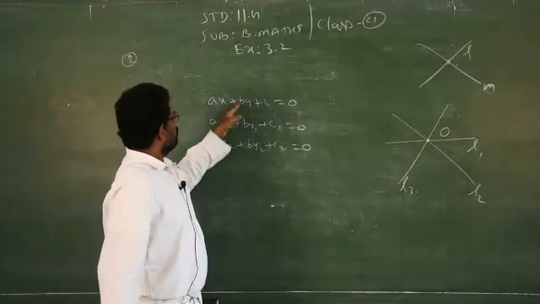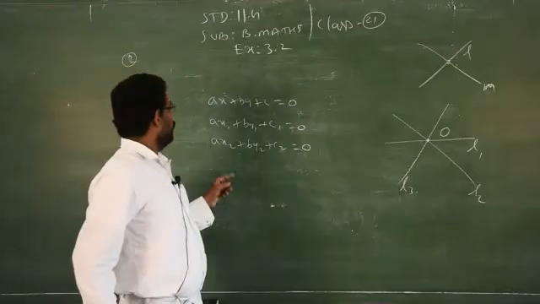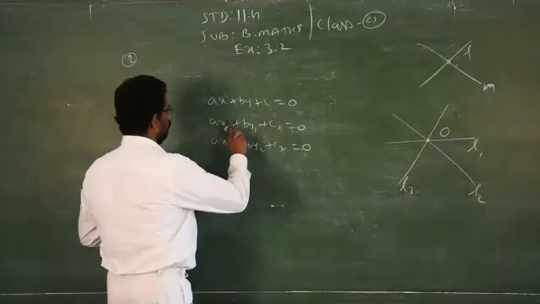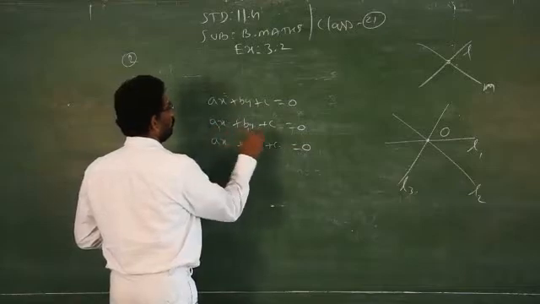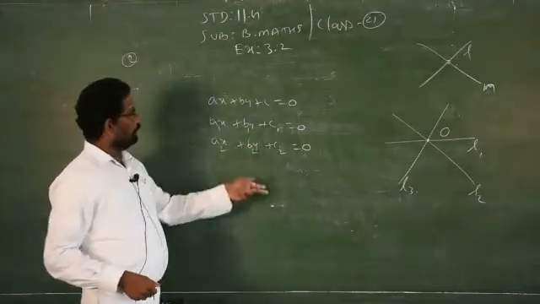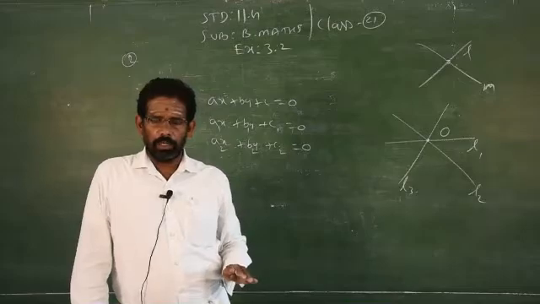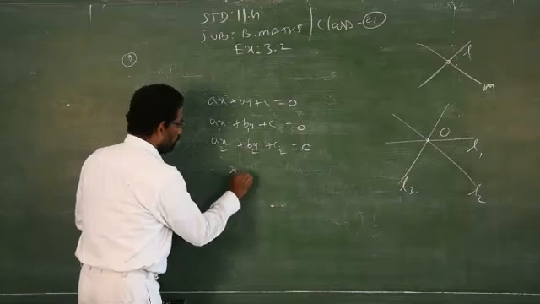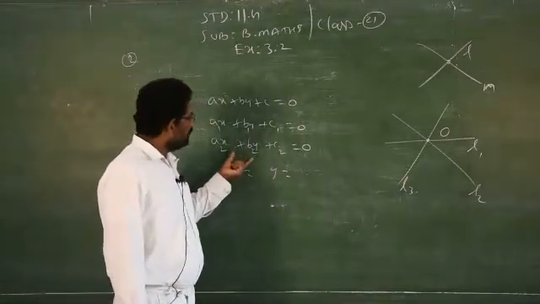How do you get it, sir? By solving these two. Here it is x1, so I just differentiate the straight lines by calling this x1, y1, and that is better. Instead of taking 1, 2 for the variable, you can take a1, b1, c1, a2, b2, c2. Now you can take any two of these equations, apply any one of those three methods that you studied in 10th standard, find the values of x and y, and substitute these two values in the remaining equation.